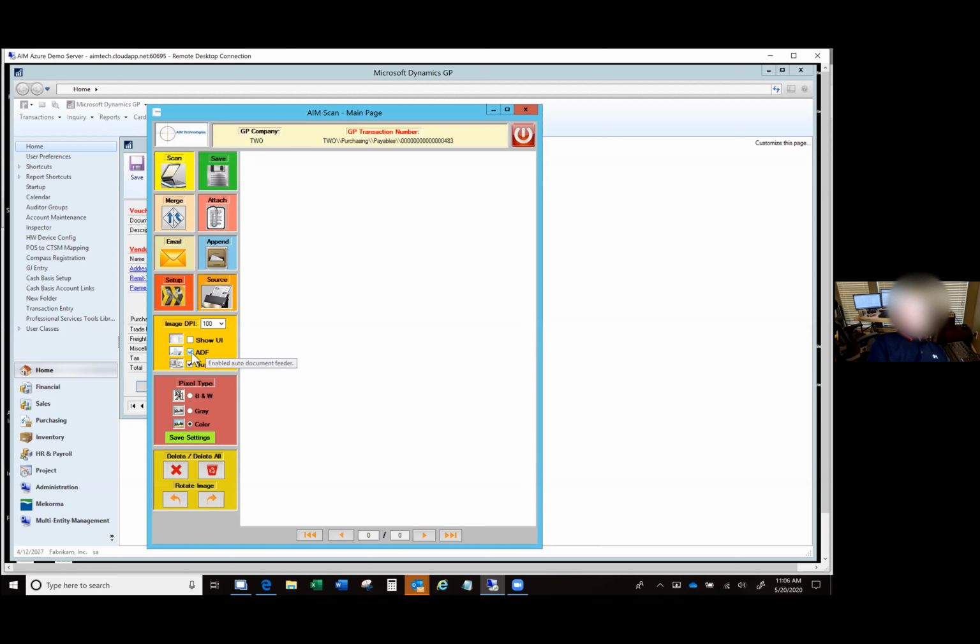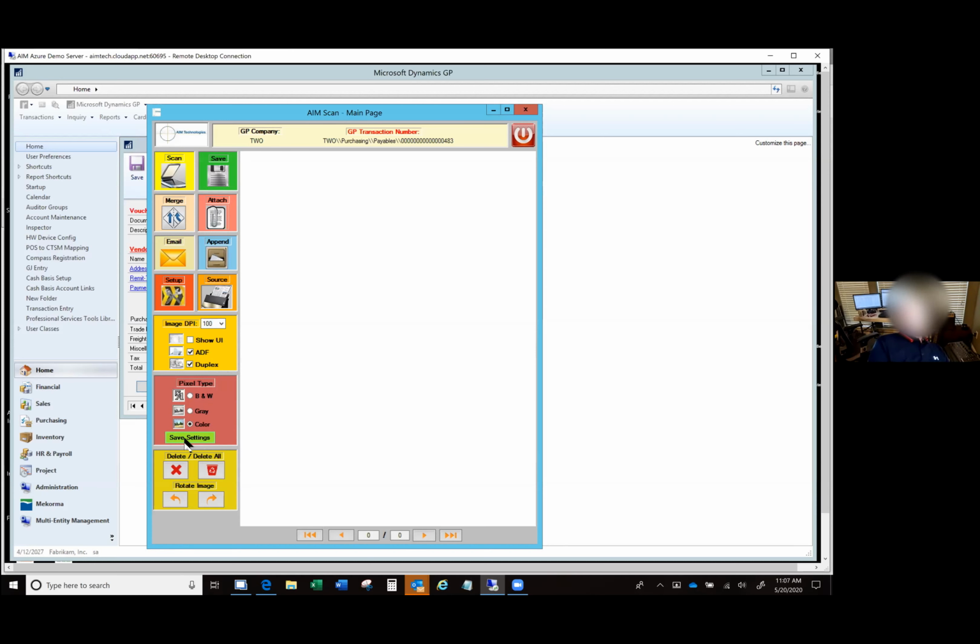That's possible as well. Automatic document feed, which is inherent in most of the scanners there. Duplex scanning, front and back. Do you want them scanned in color, grayscale, or black and white? And so forth. And we can set those settings and save those settings,